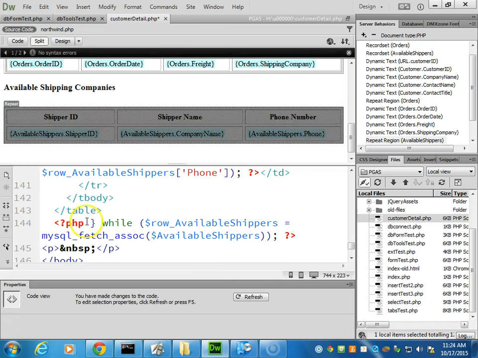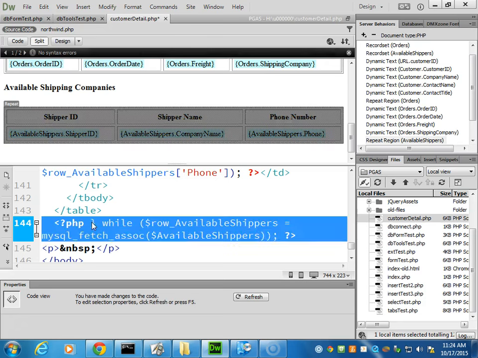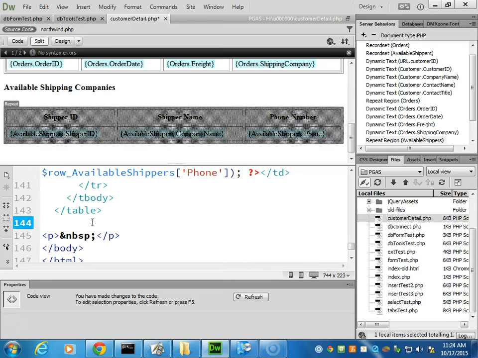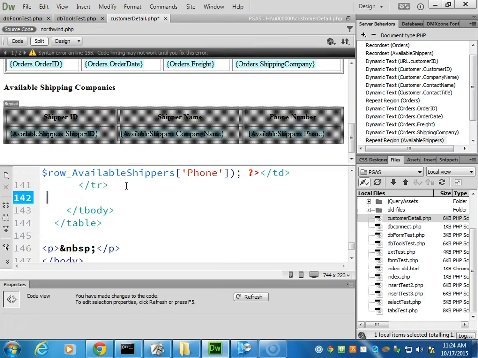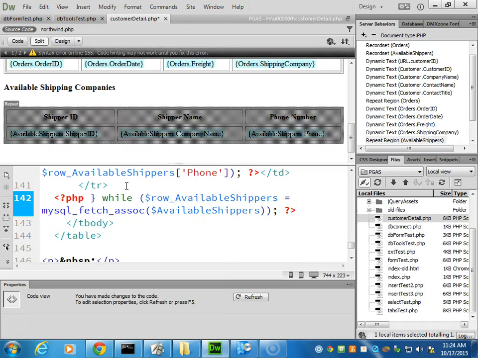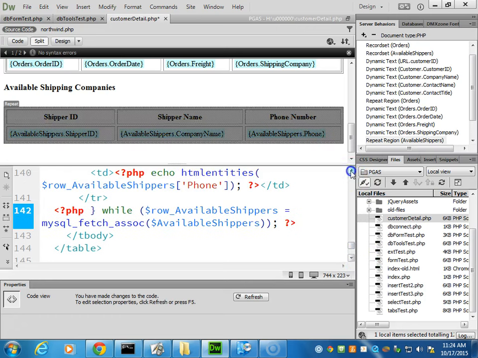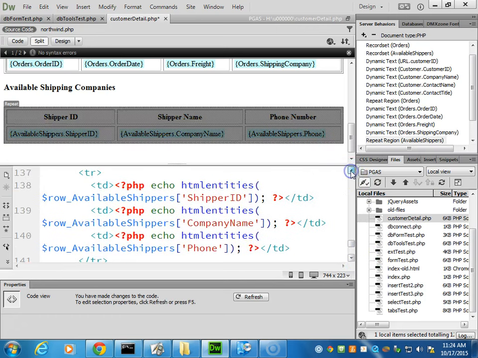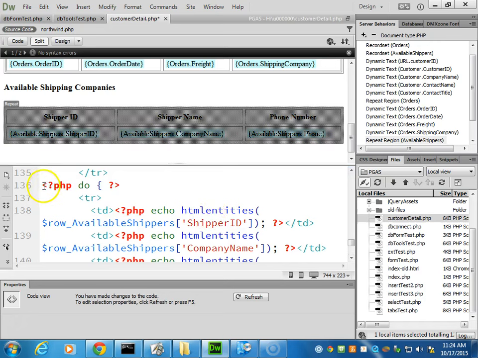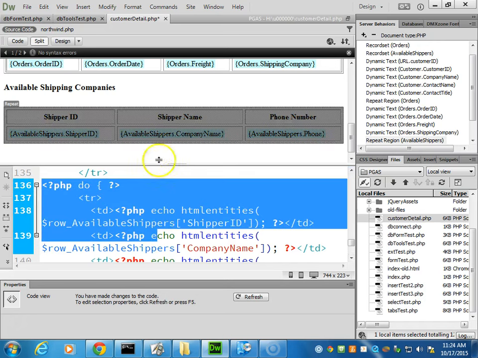and then scroll down and we will grab the end of the while loop, do Control X to cut that out, go back up to the end of the table, go back to the beginning and paste that in. So now our repeat region just has, let's see, let's go to the